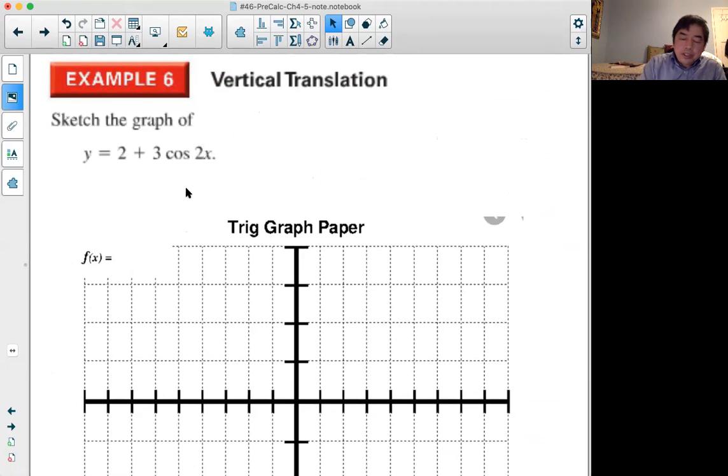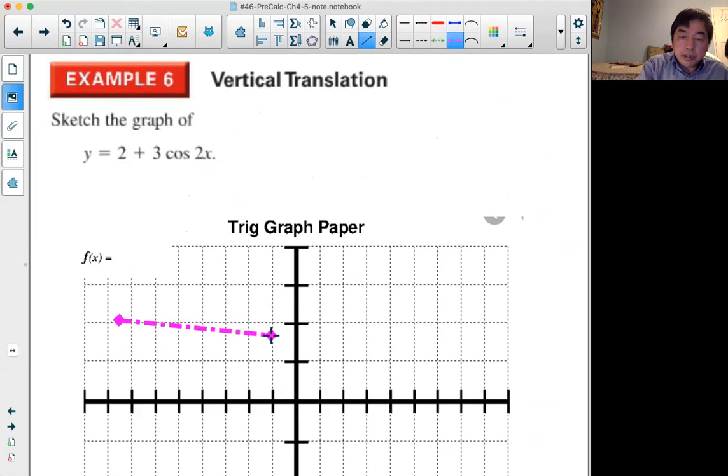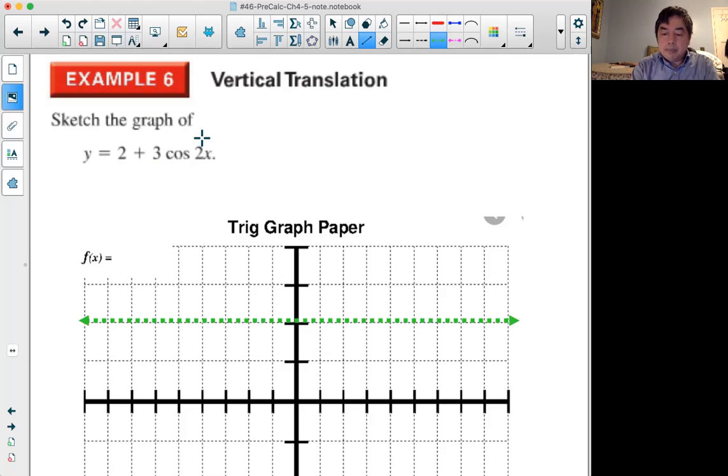In the previous question, we didn't get the vertical shift. So one thing you have to do is have the green line shifted up to two, because it's right here. So this is the green line. From here, you have to consider a cosine graph, but the amplitude is